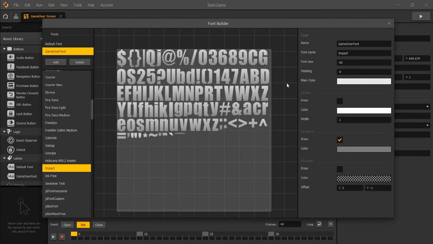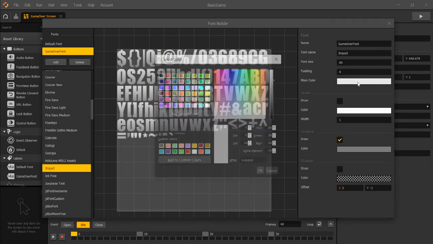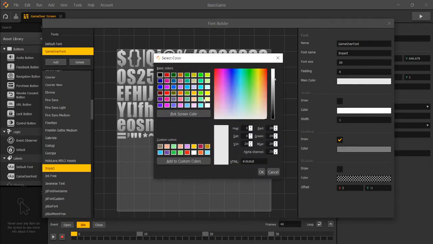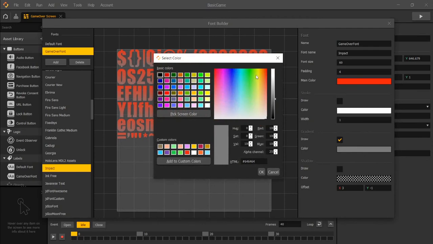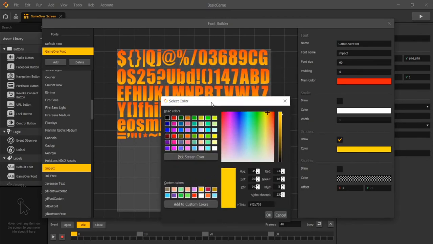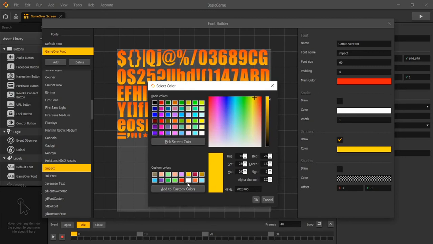So I have selected the impact font and here I can change the color. Okay, I want this to be a little bit towards the red spectrum, so this one. You can see that there is a gradient, right? In this area you can change your gradient. If you want this to be red and yellow, you can do that. You want red and white, you can do that. Whichever combination you like, you can do that. So let me keep it as red and yellow,